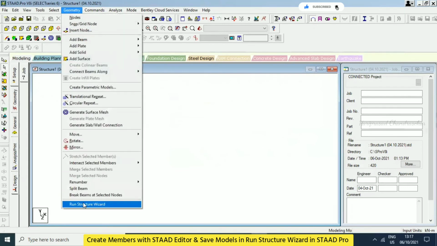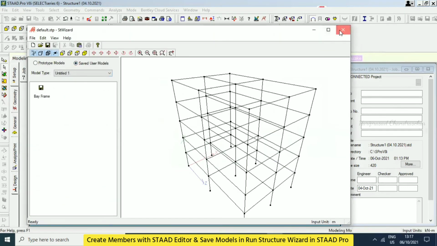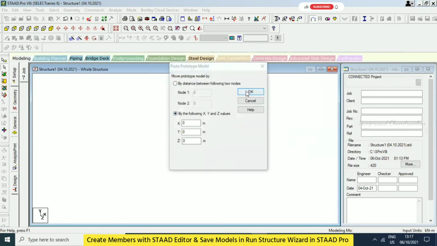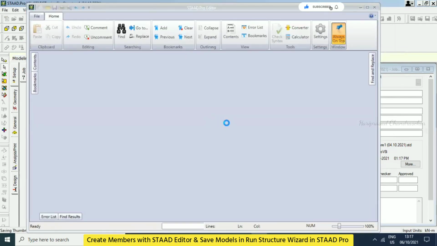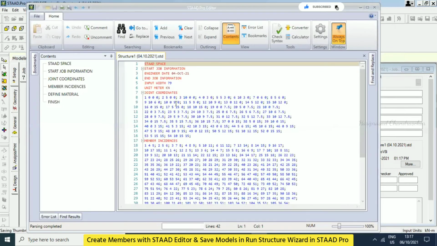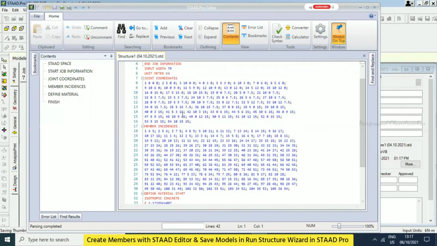Geometry and Structure Wizard. Save user model, and then close it. Click yes, and then 0, 0, 0. Now I'm going for Start Editor. See, everything is coming automatically. Now if I want to hide something, I think only a few things we can't hide.